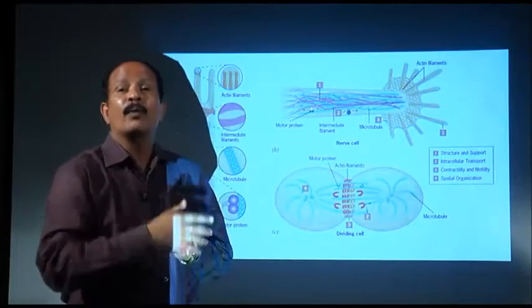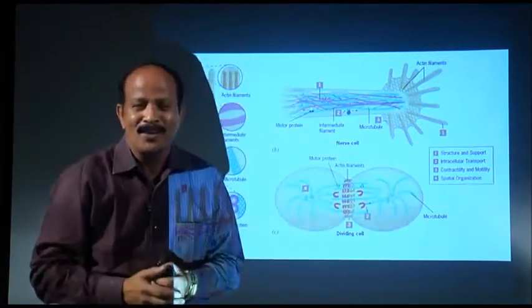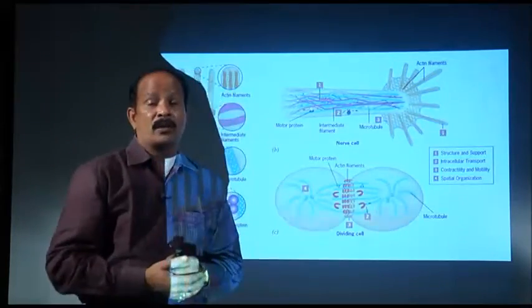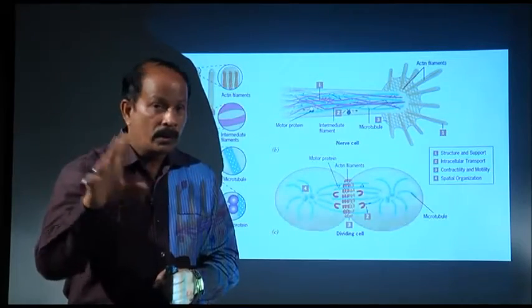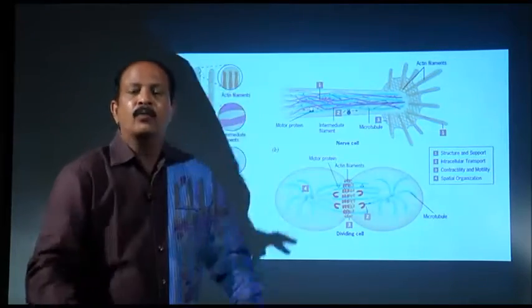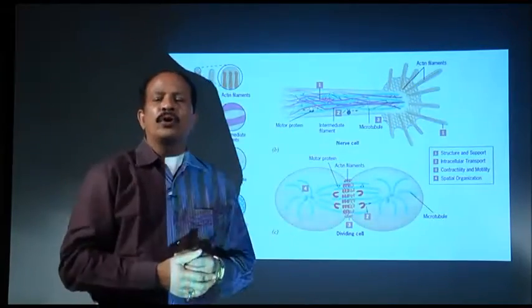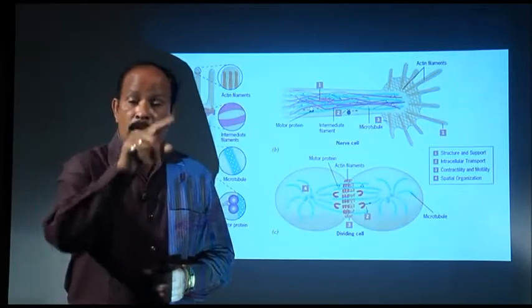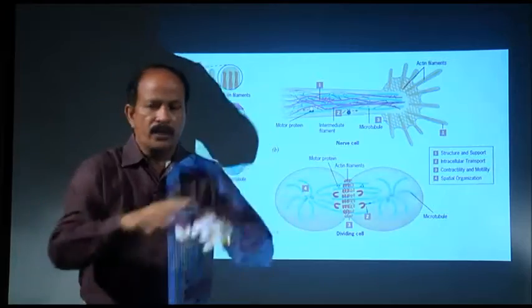but all the cells are surrounded by a kind of plasma membrane. In plants, the cell wall gives shape to the cell, but such a rigid structure is not found in animal cells. Animal cells, you can see, have no rigid structure inside. Still, RBC, neurons, egg cells, epithelial cells, they are different.